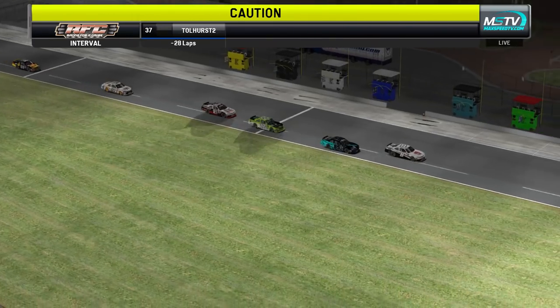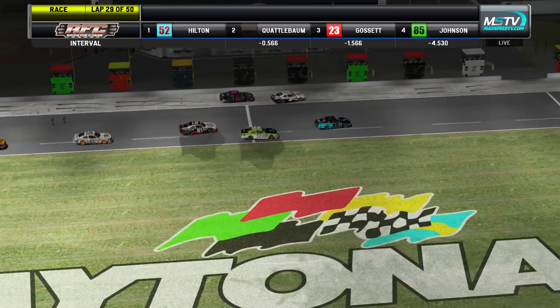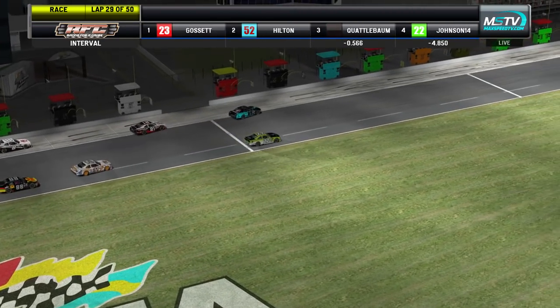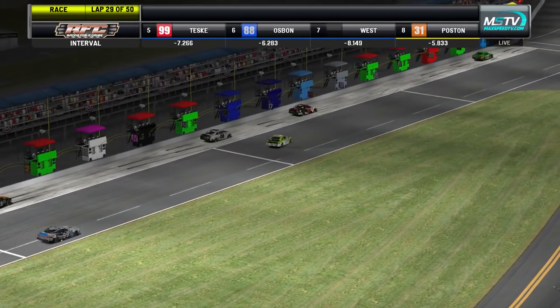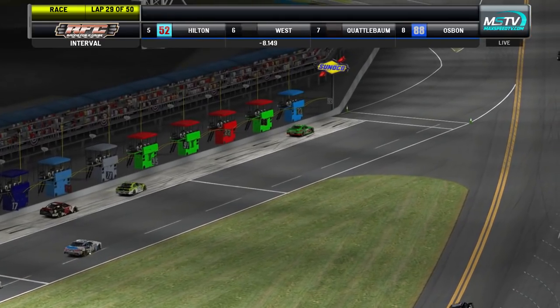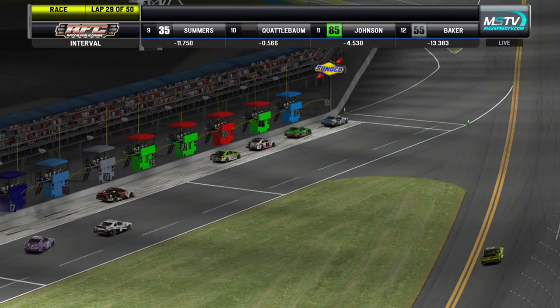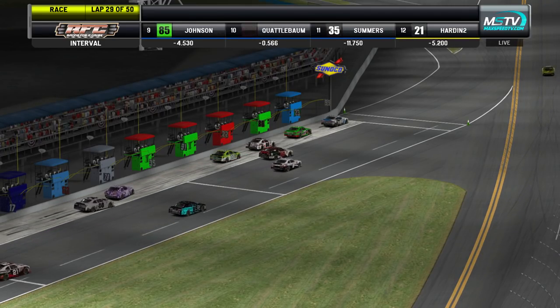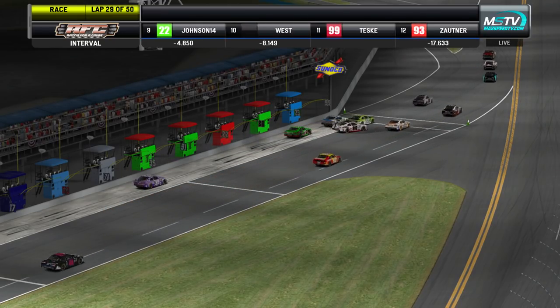All right, several cars on pit road, including John Johnson in the 22. Making the long haul down. The 23, Tommy Gossett, going to hit his pit stall. Very important not to overshoot your pit box. And Tyler Hilton will be the first one off pit road